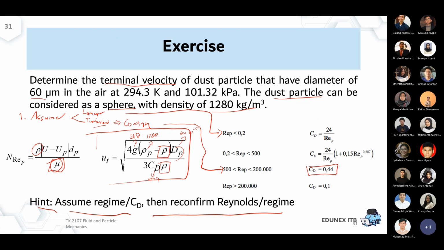Okay, please start to perform the calculation. I'll stop sharing my screen while I try to find the numbers for the density and the viscosity. Or maybe I can open one-stop solution software to find the density and viscosity of the air.